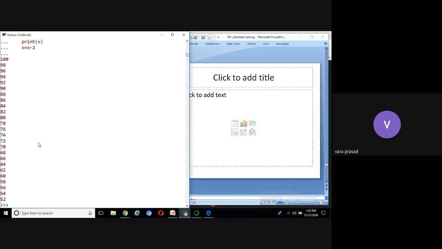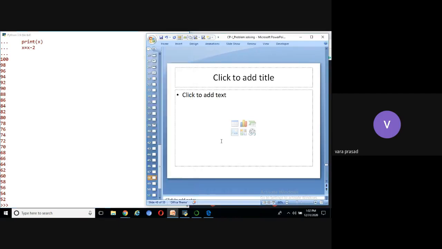See, the difference is if you want to perform some activity on a list of values, you can use a for loop. Second case, if you want to perform some activity based on some condition, but you don't know the list of values, at that time you can use a while loop.